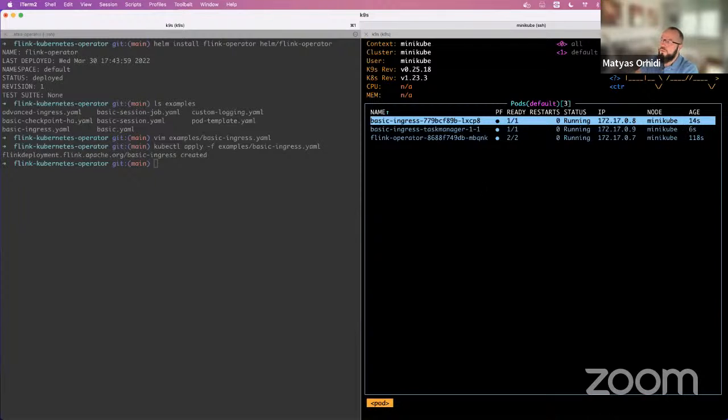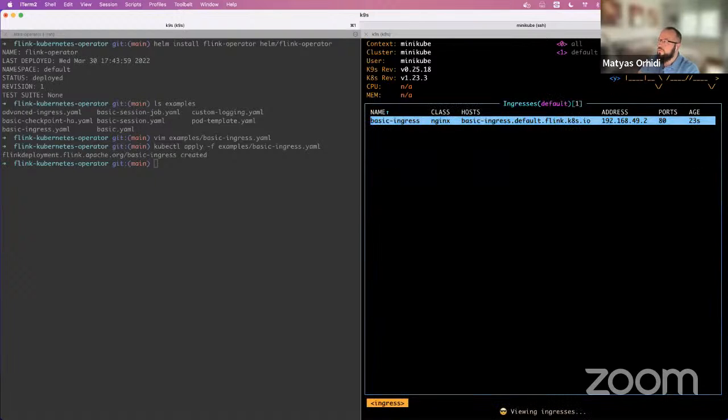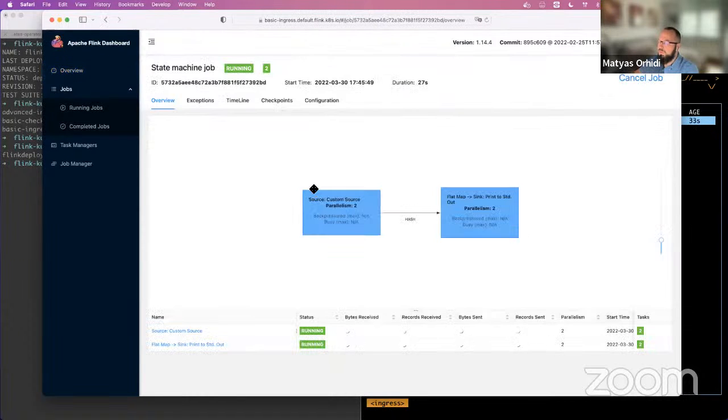And if we would like to access it by the browser, we should check the ingress entries. And if we are lucky, they should show up running in a browser. As you can see, this is a very basic job running with